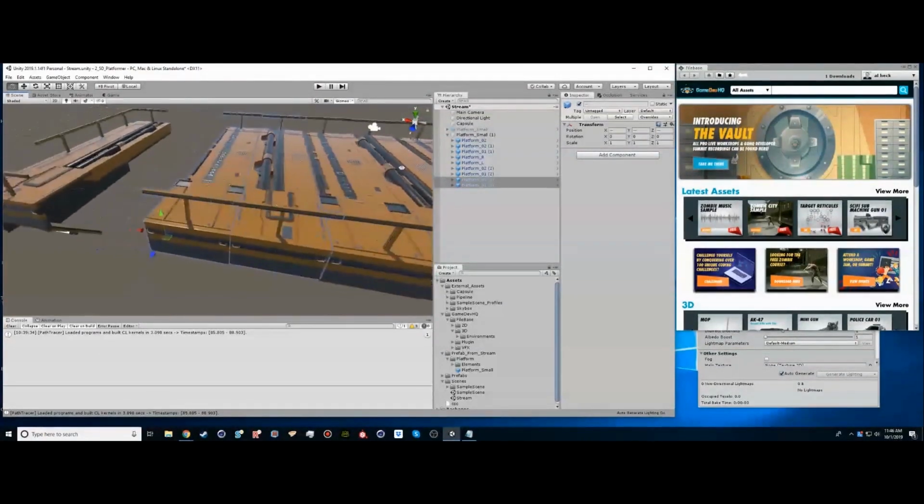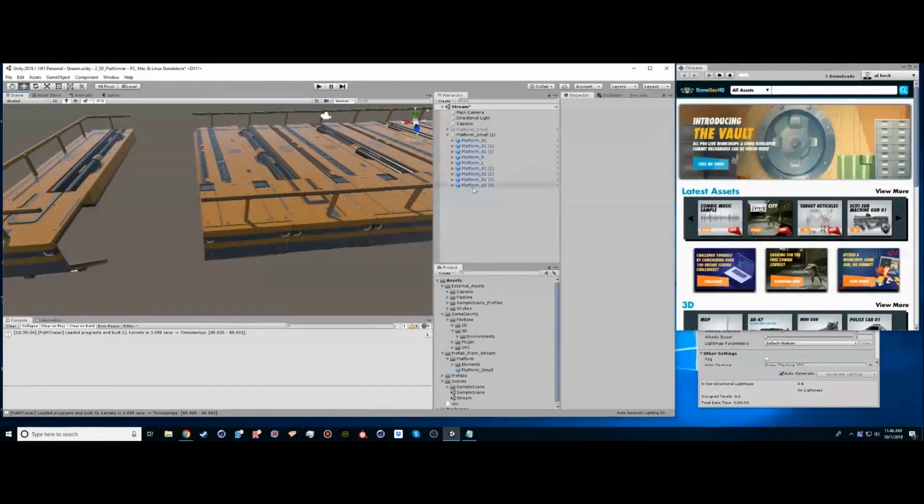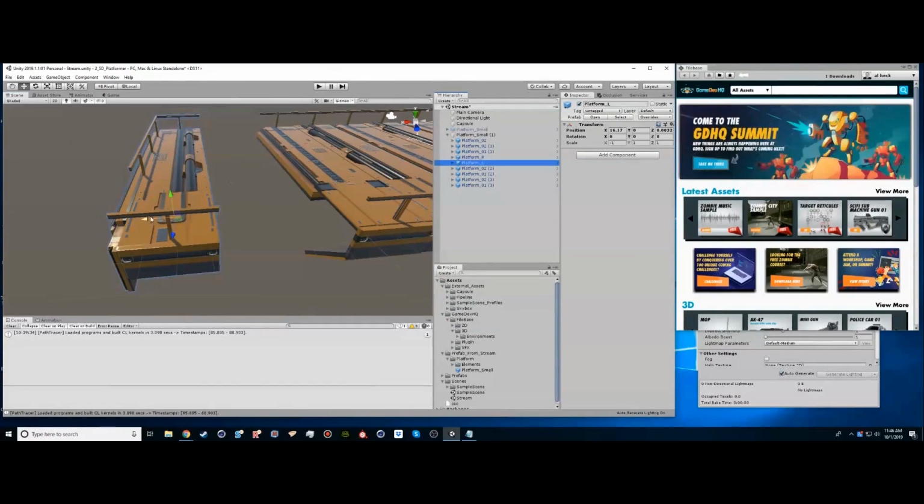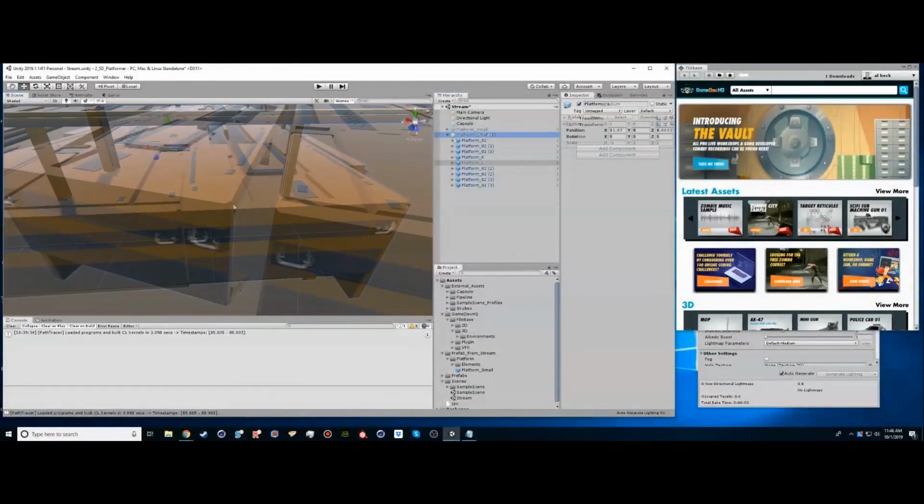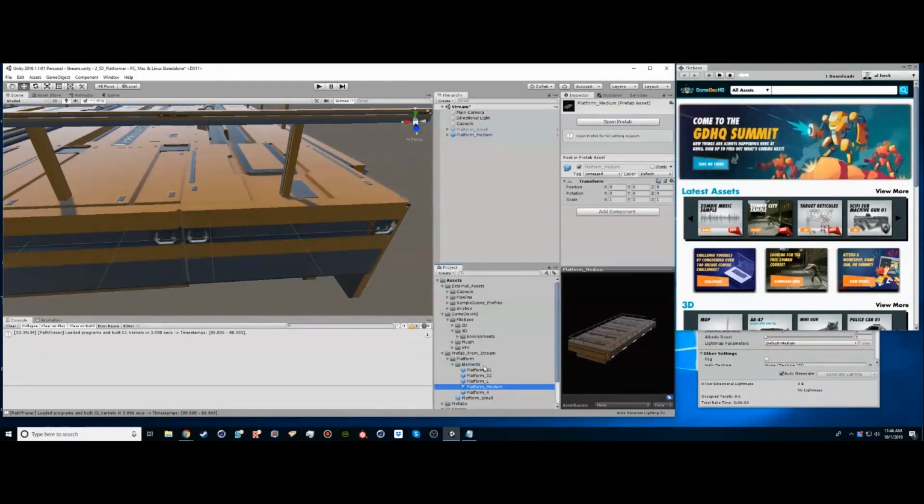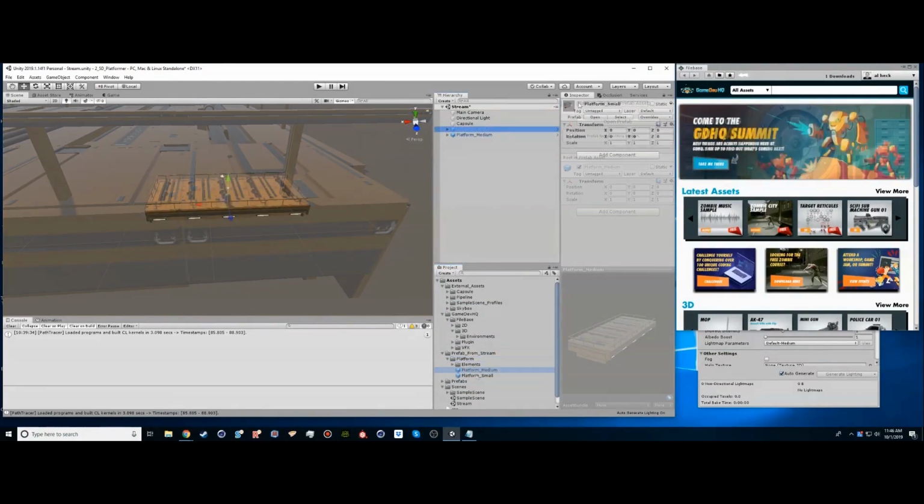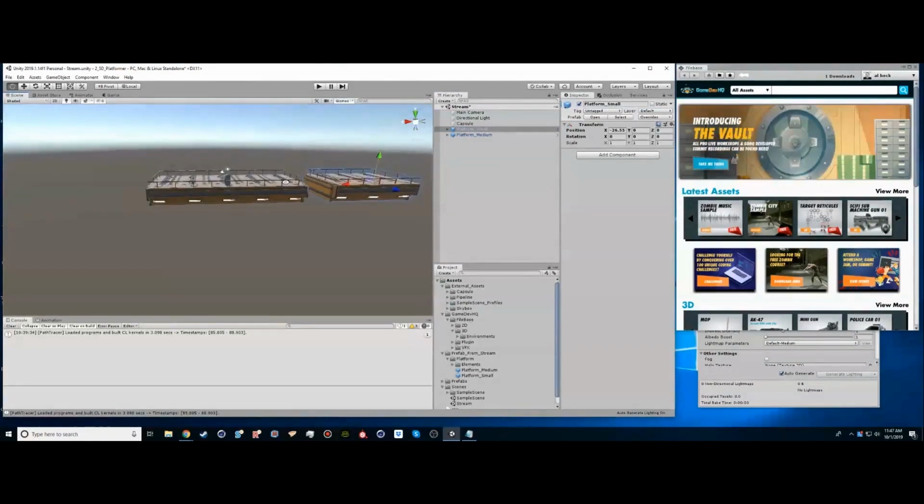Once that's finished, we're going to grab our caps, and we're going to set those at our edges. Now that we have our renamed medium platform, go ahead and add that to our prefabs folder. Now you can see the two platforms side by side for a comparison,